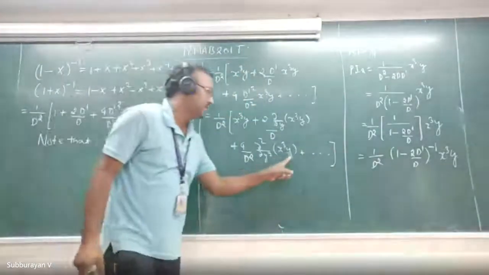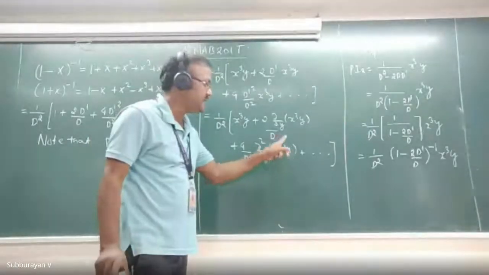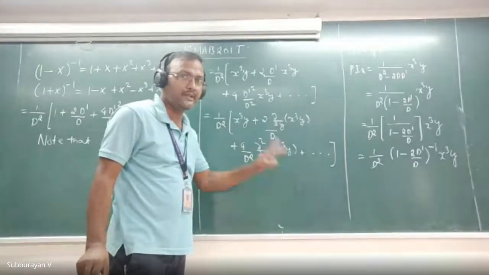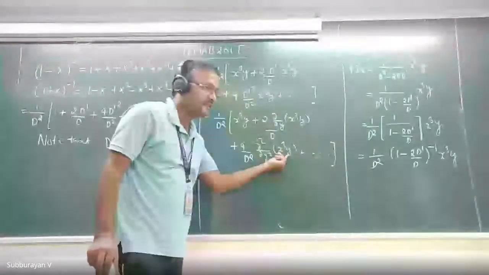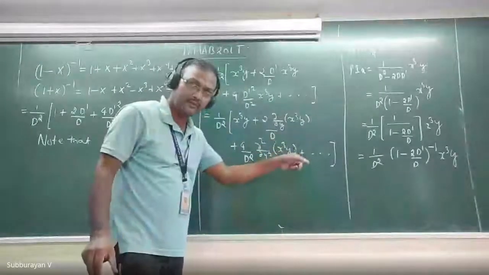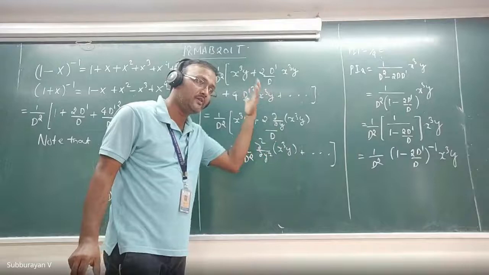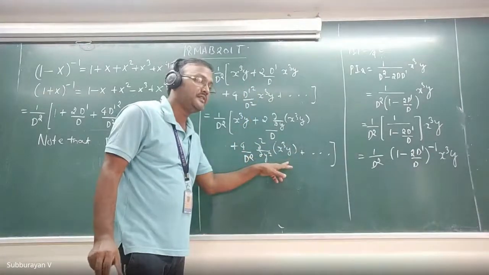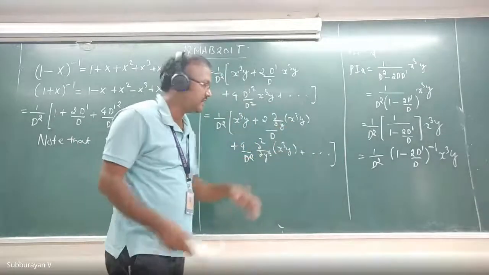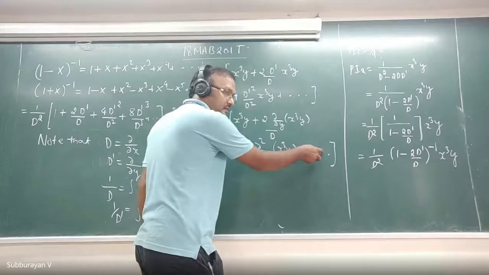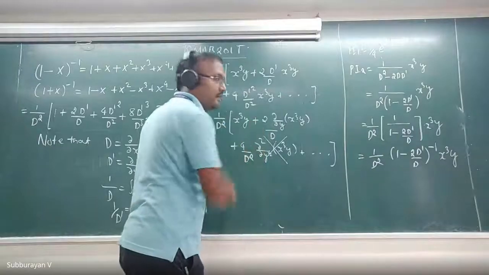Look at this. Here it is a polynomial in y with degree 1. Therefore, if I differentiate this partially with respect to y twice, it gives 0. Similarly, differentiating 3 times, it will be 0, and 4 times, it will be 0. If I differentiate partially with respect to y two or more times, it gives 0. Therefore, the next terms will be 0, and they won't contribute anything in the particular integral.